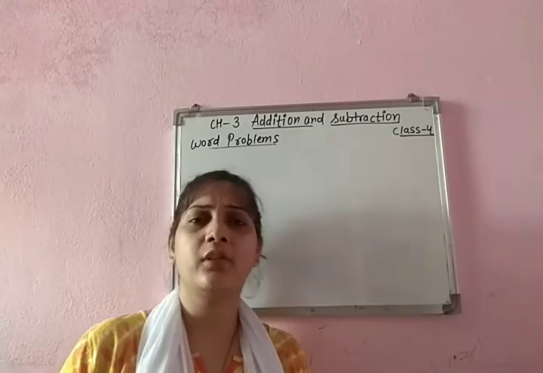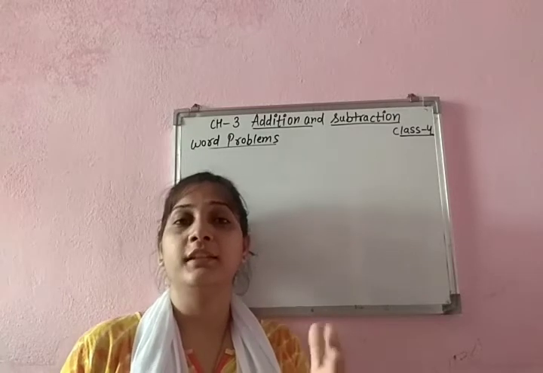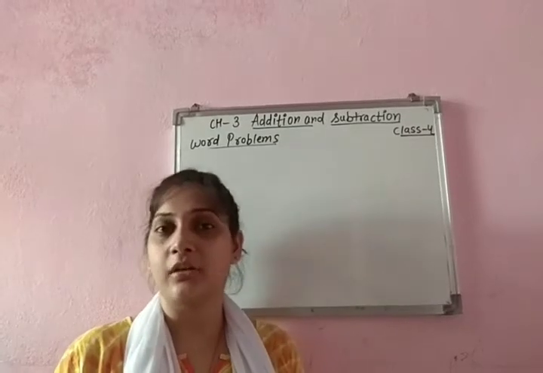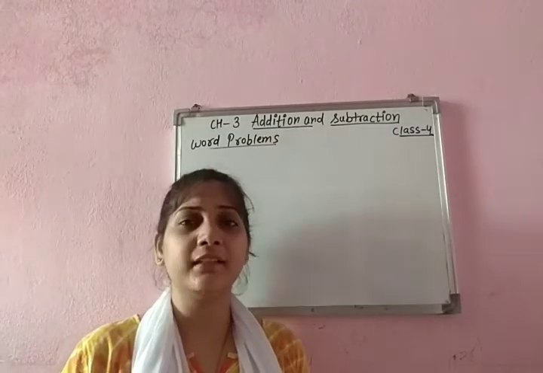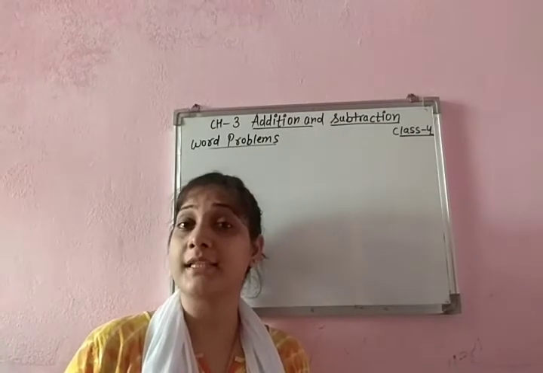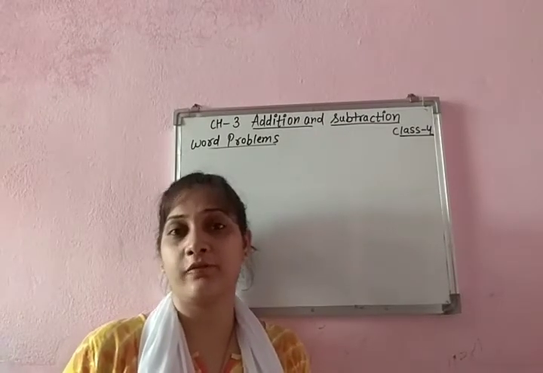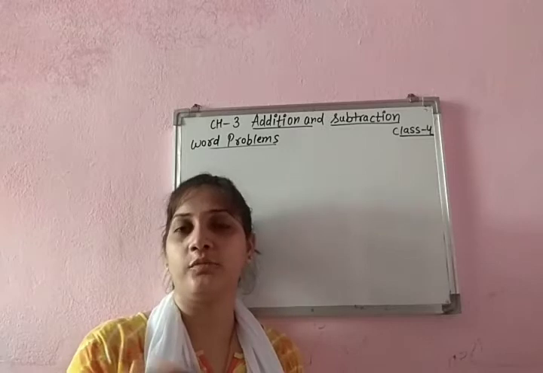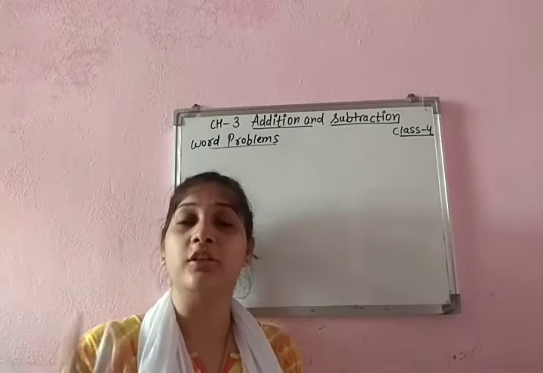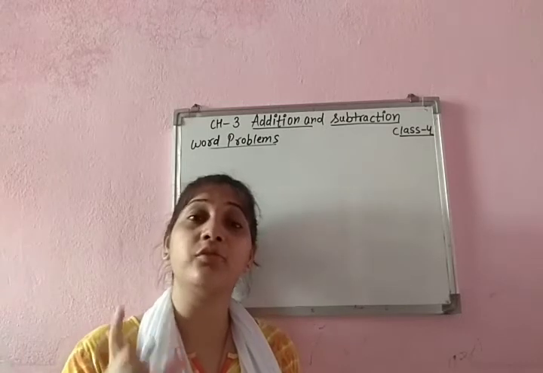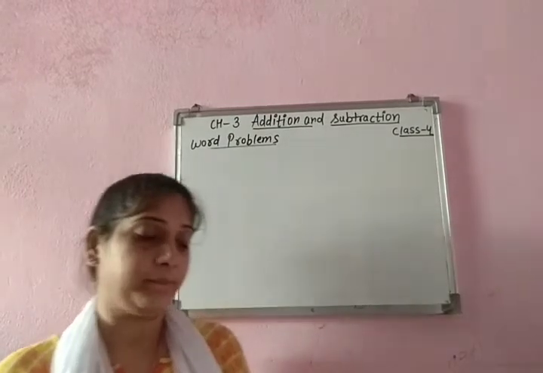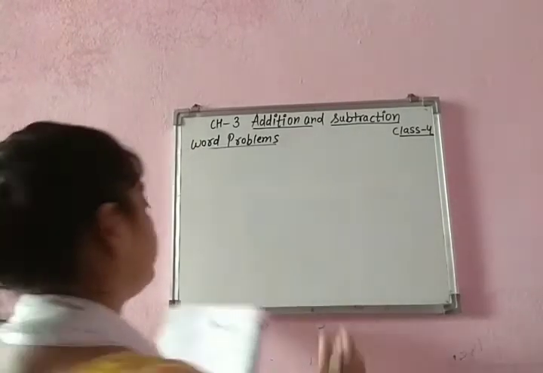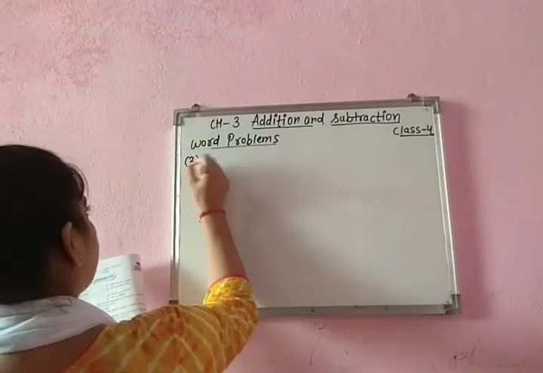Okay, you can understand this question by like your friend is having 15 chocolates and you are having 10 chocolates. So we can easily tell which one has the greater number of chocolates, your friend, and how many more chocolates he has than you. So you have to find the difference. Do you understand? To find by how much, we have to subtract. So here your friend is having 5 more chocolates than you.